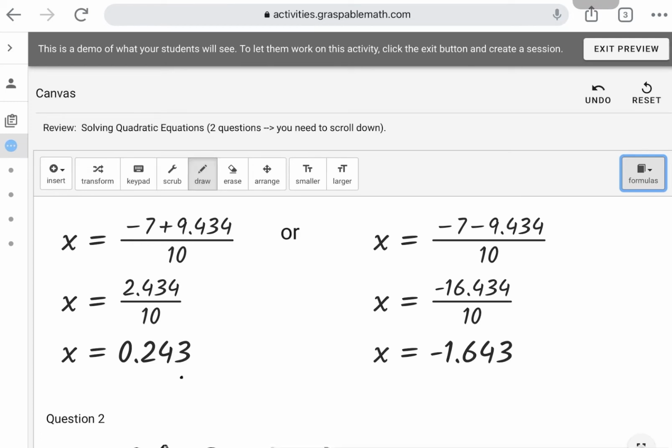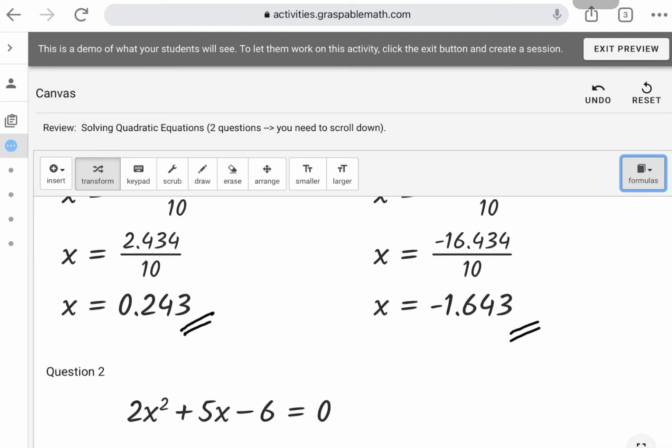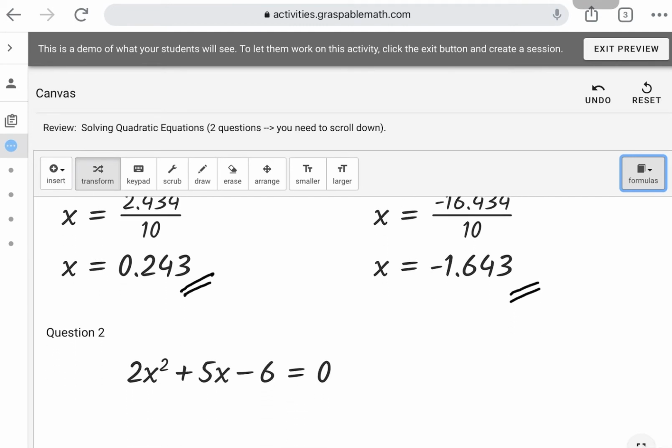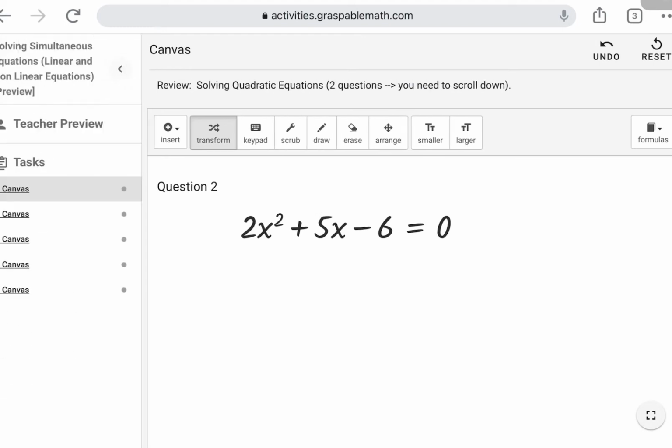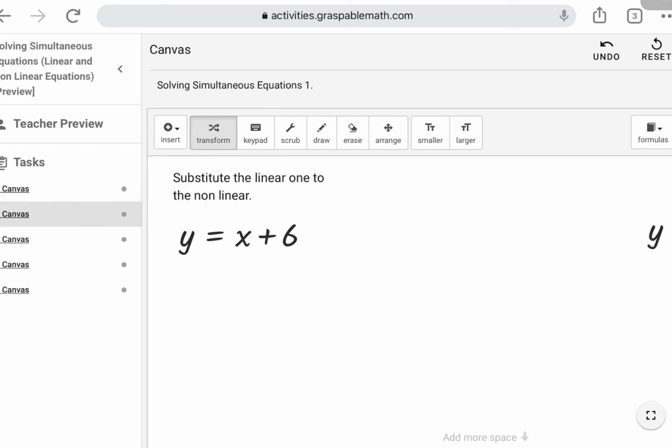So you may try to solve the quadratic equation from the question below, number 2. You can try after this, yeah? Okay. Next, canvas number 2 until number 5 about solving simultaneous equations. You learned last week, but this time it involves the formulas because at the end you cannot factorize the quadratic equations.